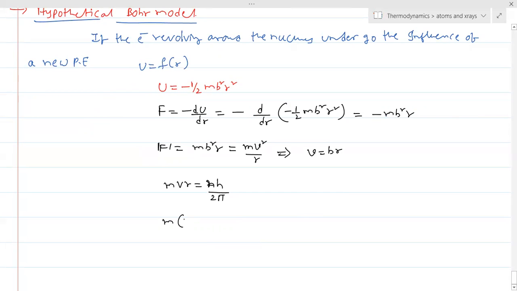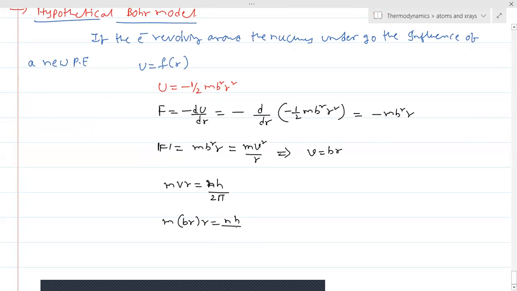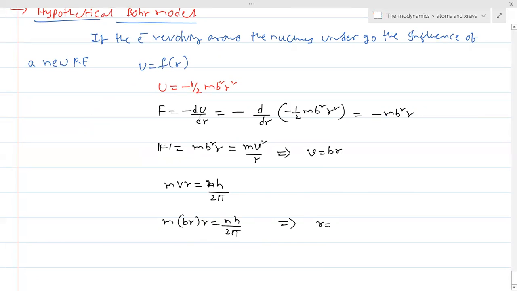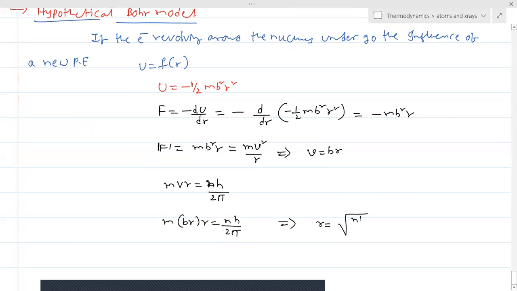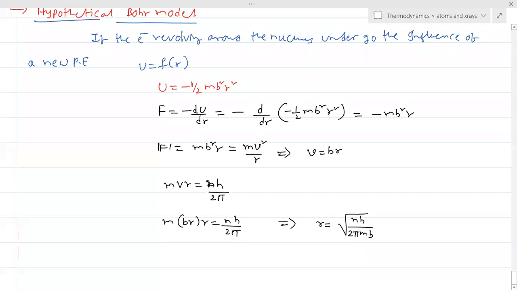So by substituting here, v means b r into r equals nh by 2 pi. So finally from there we get r equals root of nh by 2 pi m b. So finally we will get v equal to root of nh by